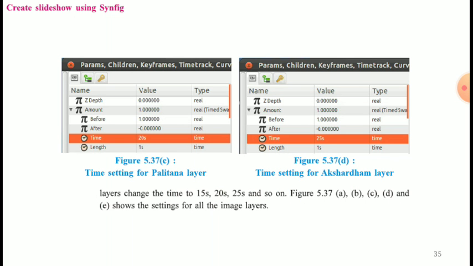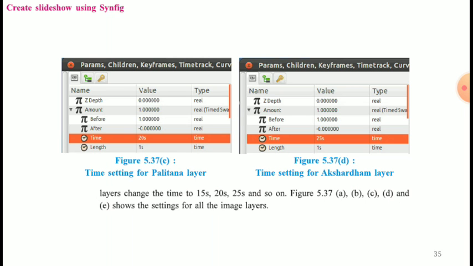Next, select the next image layer and make it time swap just like we did for the earlier layer. Set the parameters before to 1.0, after to 0.0, and length to 1s, and set time to 10s. The swapping will be done at 10s and the image will be invisible after 10s.